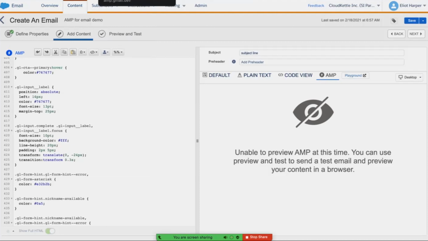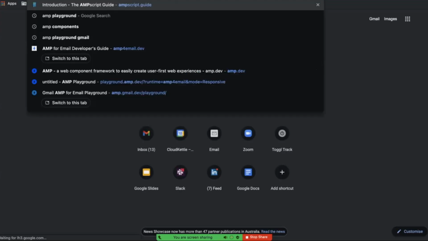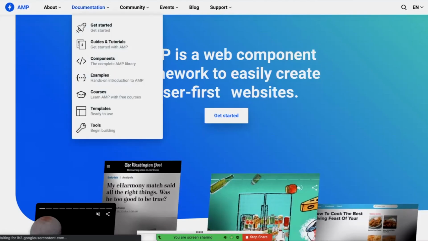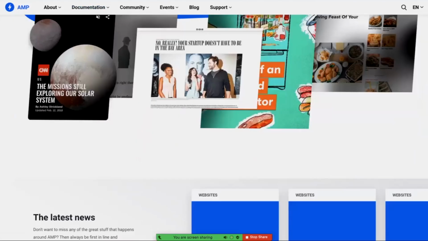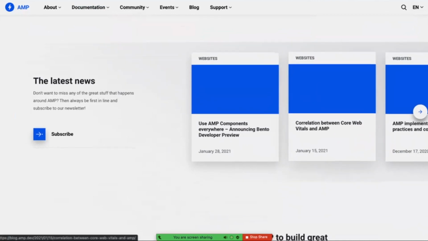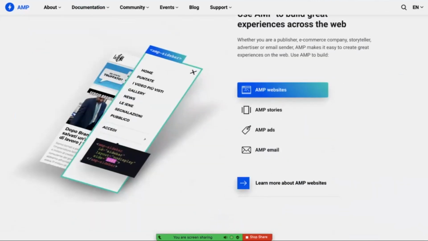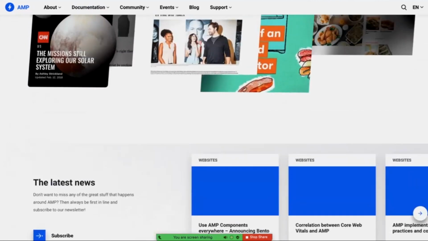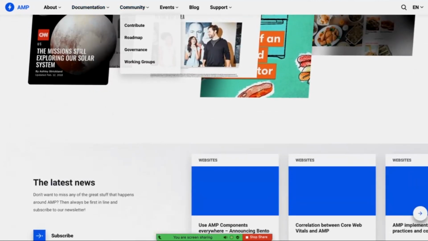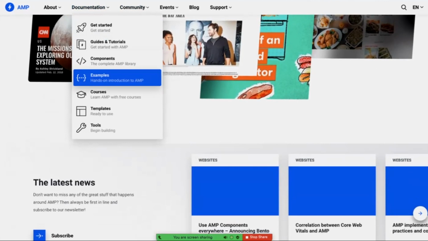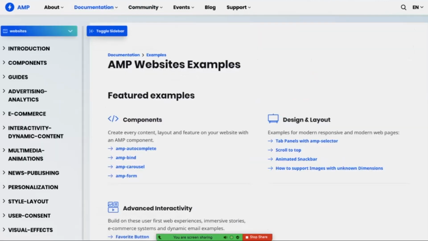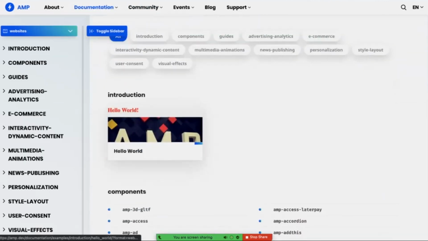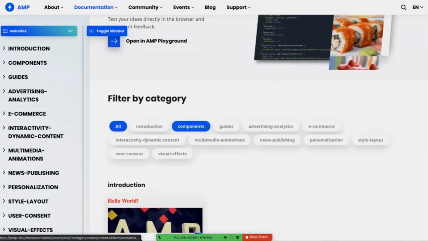If we go back to amp.dev, you will see that under AMP email, down here, and I think community examples, there are some examples for emails as well.